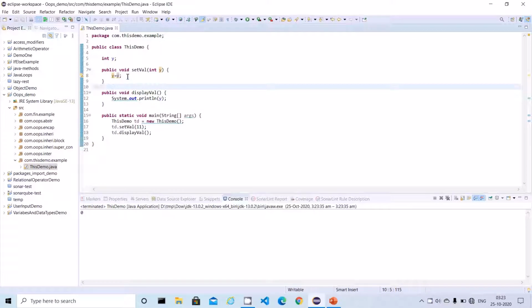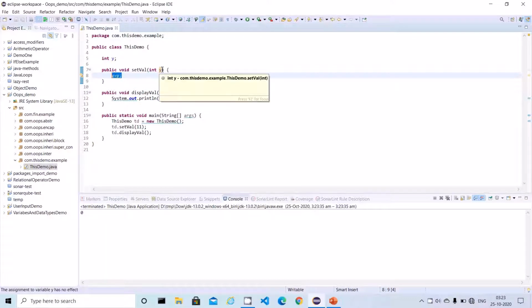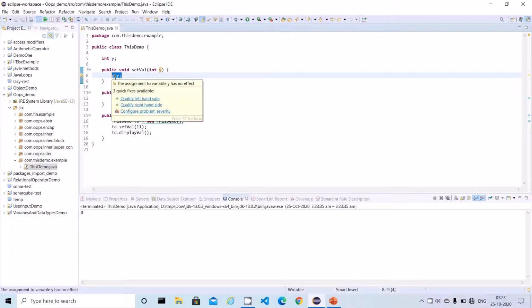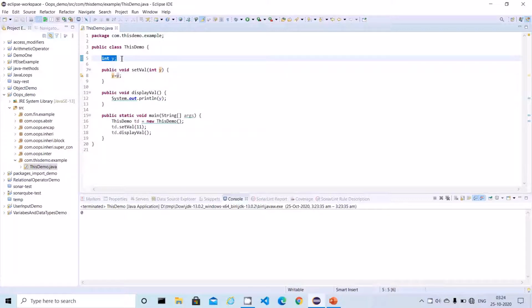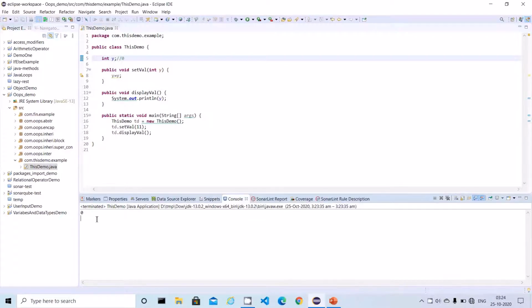So what is happening here at line number 8? We are trying to assign our local variable to the local variable itself. So y is assigned to y, meaning the assignment is happening only to the local variable. It's not assigning to the global variable, so the value we are passing here is not set to the global variable. The default value of the global variable is 0 for integer, so that value is what it displays. So this is the issue here.